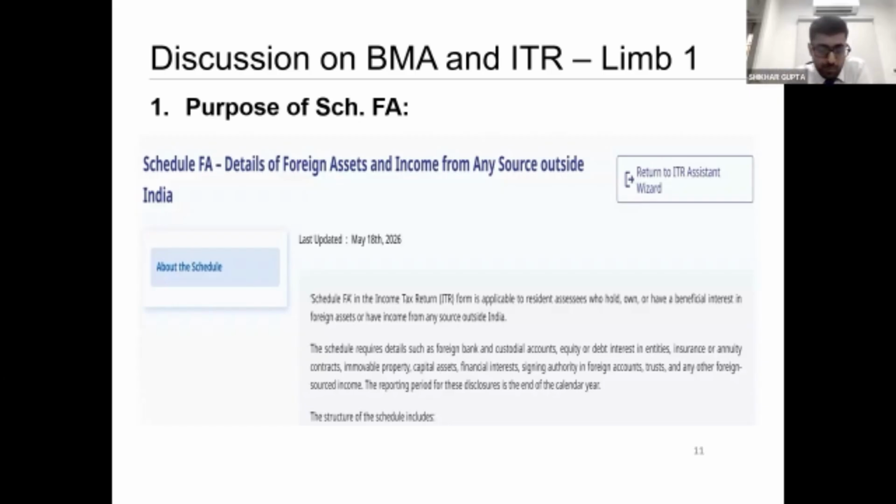So ITR फॉर्म मुझे क्लियरली बोलता है कि आपको यहां पे रिपोर्ट करना है। उसके लिए उन्होंने सेपरेट एक शेड्यूल बनाया है कि आपकी कोई फॉरेन एसेट है वो भले कहीं और से मिस हो जाए, लेकिन अगर ये कॉलम आप भरोगे तो ऑफिसर के पास में या सबके ऑफिसर्स के पास में या हमारे पास में एज एन अथॉरिटी, या अगर हम किसी और अथॉरिटी जनरल अथॉरिटी को भी देखेंगे तो उनके पास इंफॉर्मेशन आ जाएगी कि आपके पास में फॉरेन एसेट कितना है।